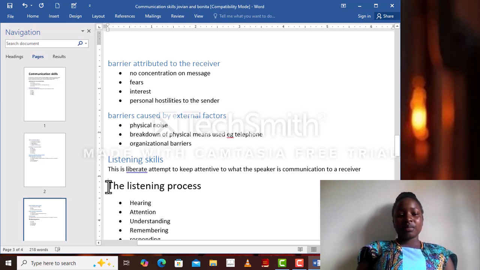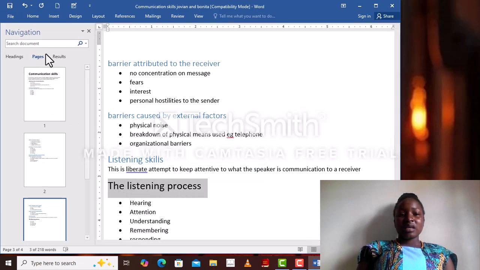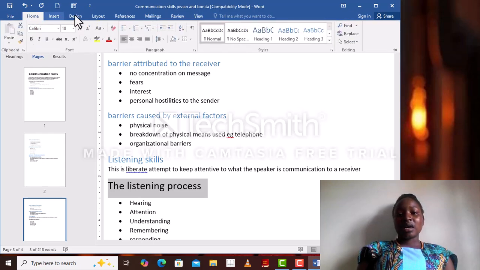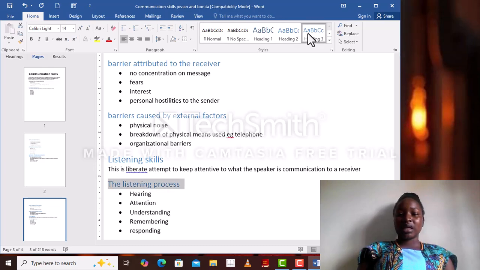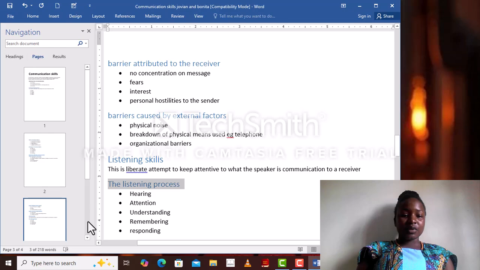Now we are coming to the listening process. If listening skill is under heading 2, the listening process you can make it be under heading 3. So once you're done with that,